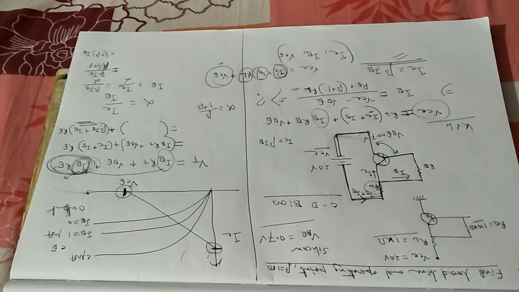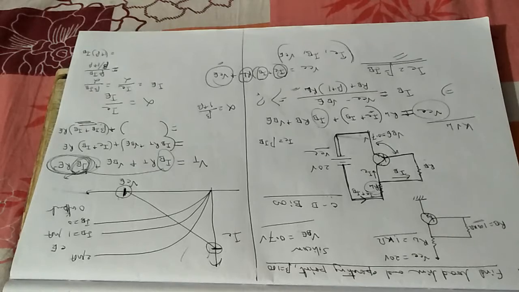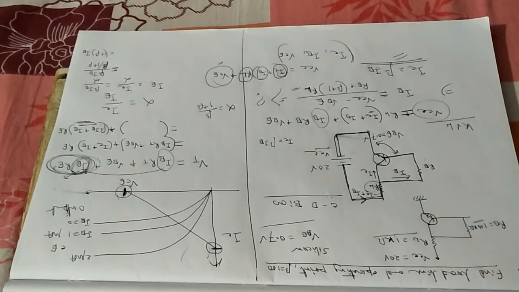This is not important. Your approach for solving the problem is important. You have to first identify the circuit, what type of circuit is given. You have to check whether it is silicon or germanium. You have to check whether the value of HFE or beta is given. Then you have to attack the input terminal first, then following that you have to go towards the output terminal. These are the main basic things of solving problems related to transistors.